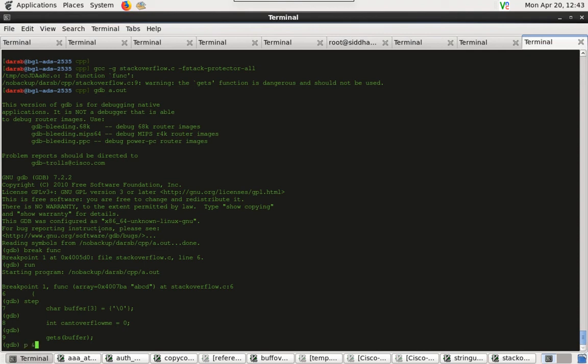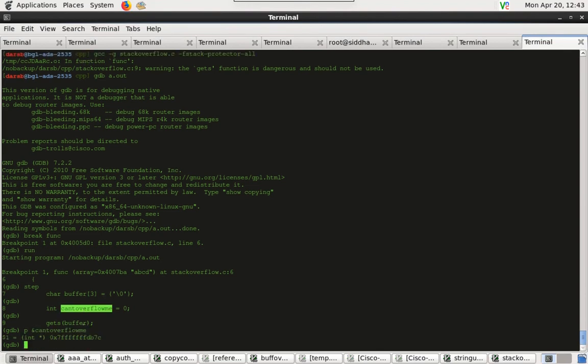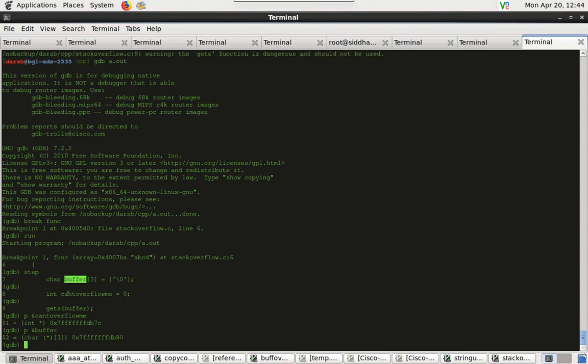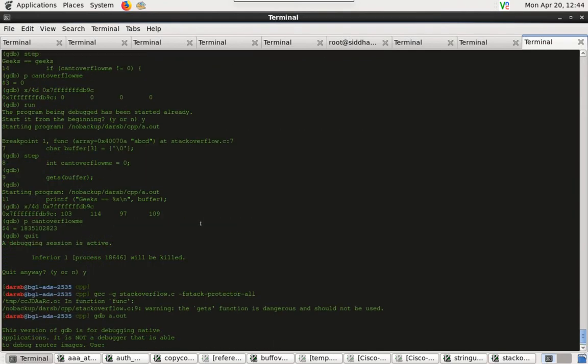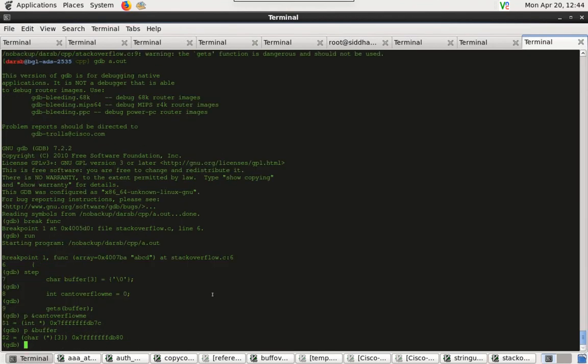So if we print the address of the variables here, this is 7C, and this is 80. So what the flag actually did was, this flag protect all made sure that all the buffers that were there in the function stack are placed at the end of the stack so that they don't override the other variables.